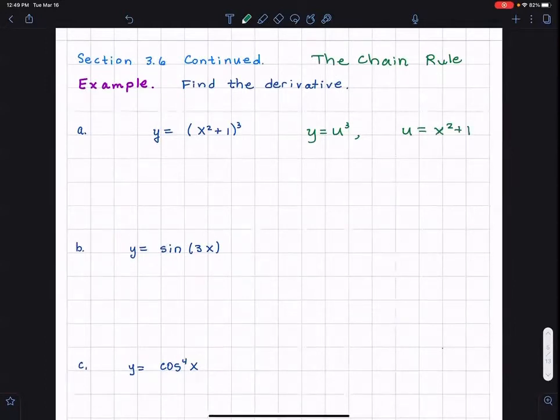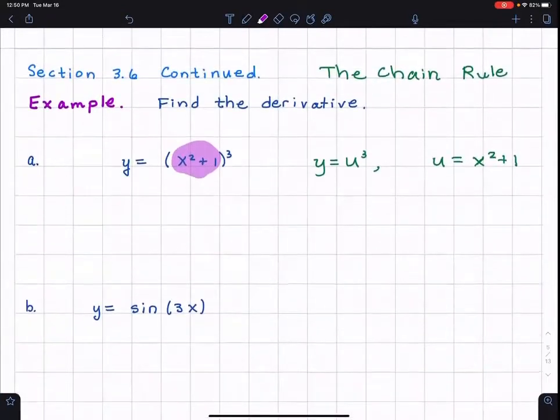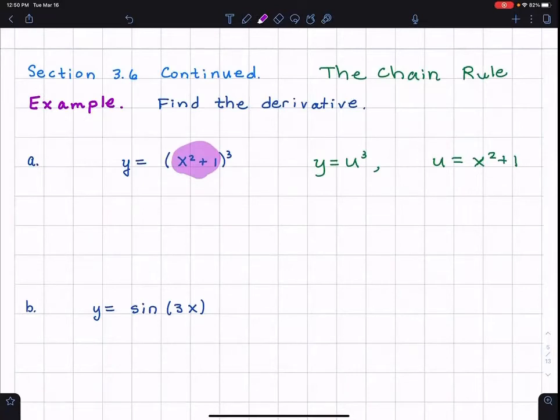Now, what I do is I take each of these by themselves. So what I just did is I highlighted x squared plus 1, what I'm calling the inside function, but I use a dark highlight so that I can, in a way, just try to ignore it, almost not even see it for a moment. So I have y equals whatever's inside to the third power. In other words, y equals u to the third power. And I take the derivative of that, but I don't think about what the inside part is. I only think about this